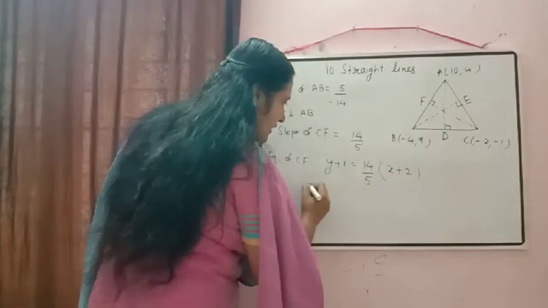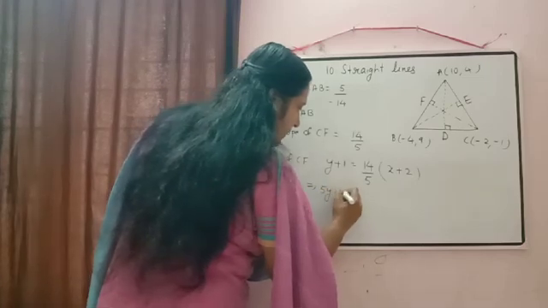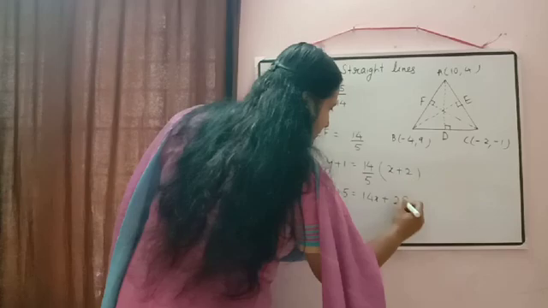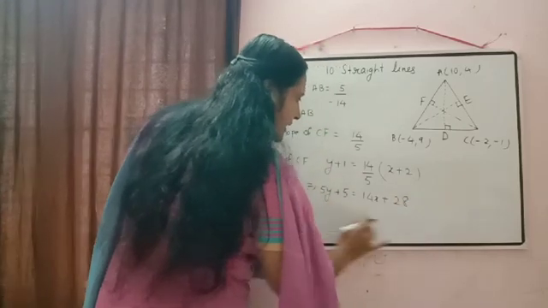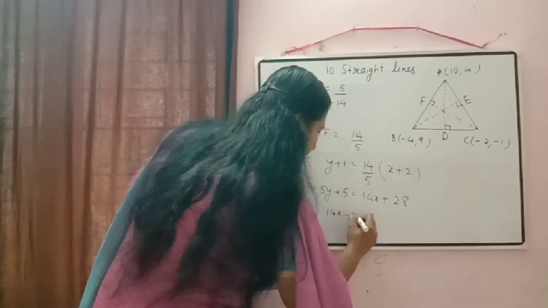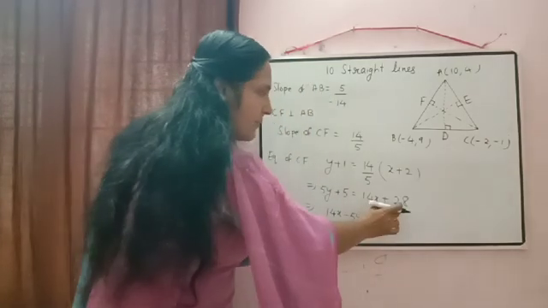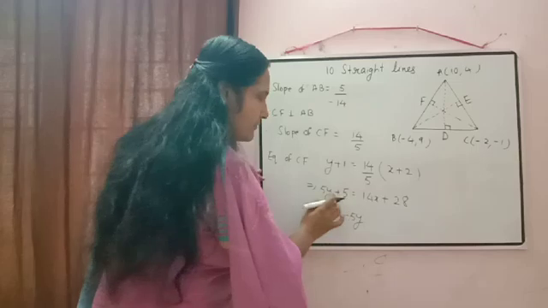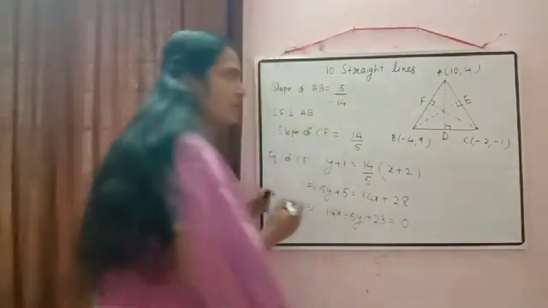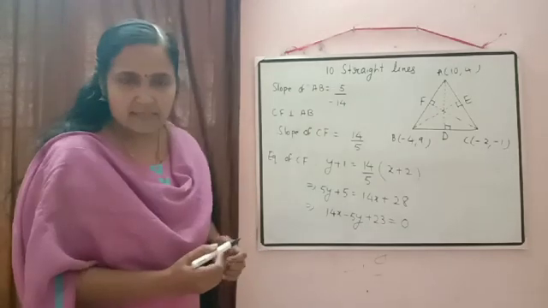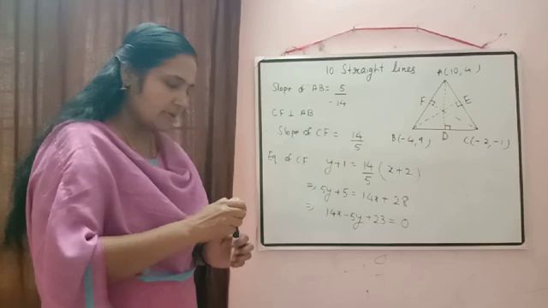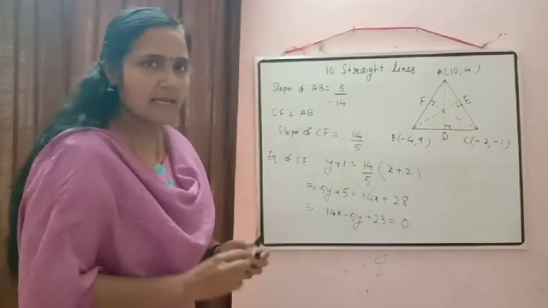Again shift the 5 here, then we will get 5y plus 5 is equal to 14x plus 14 2s are 28. Now we can shift all the expression to one side. Then we will get 14x minus 5y plus 28 minus 5, so 28 minus 5 will be equal to 23, is equal to 0. So just to check, now we are using the concept in solving so many questions there. So I think this question is clear to you.